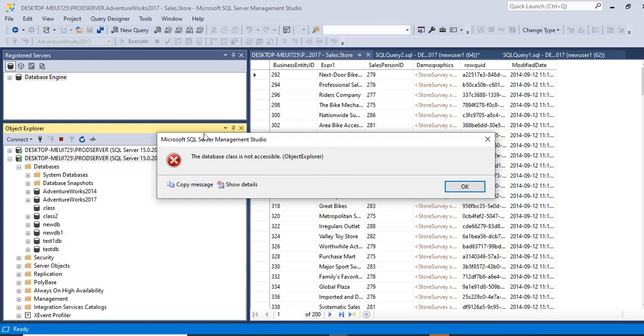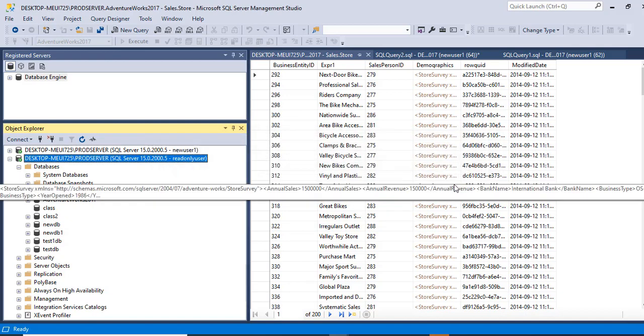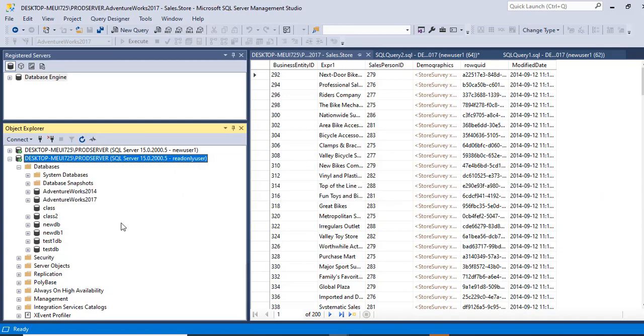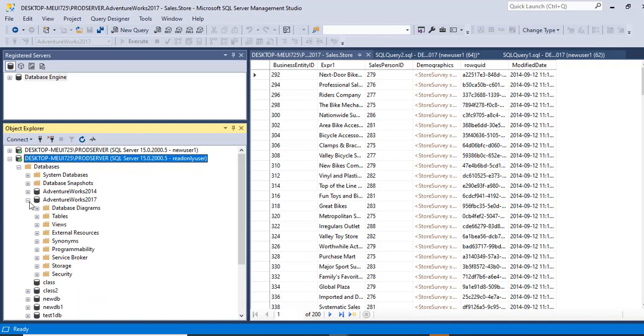Here we are getting a message that database class is not accessible, which is expected because we have not given any privilege for this user on this class database. But we have created the user under the AdventureWorks database, so he should be able to connect to the database. And when we expand the tab, yeah, we are able to access it.